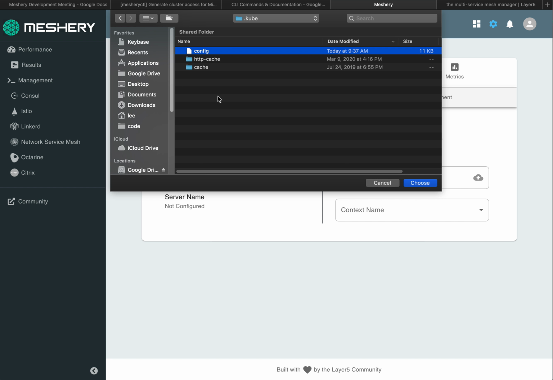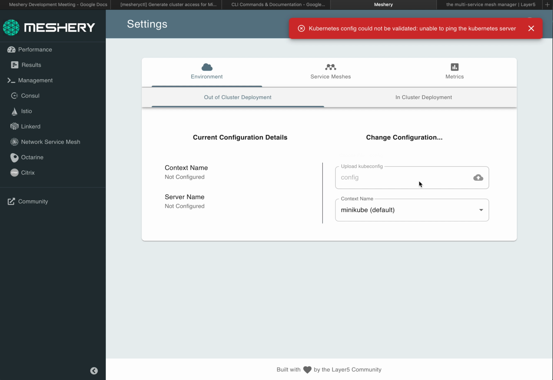If I were to go over to Minikube and do an export, actually, did you see that just now? You see how just now the arrangement of these files switched around? Well, something happened, and that's because this file was just updated. I don't think it was updated based on Minikube being present, but anyway, we can load it up, and actually that's right. It was changed based on the fact that I just started Minikube, because the current context now is